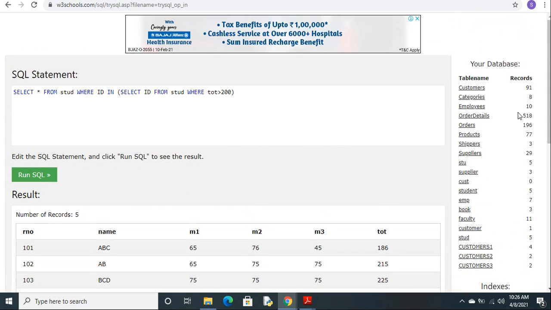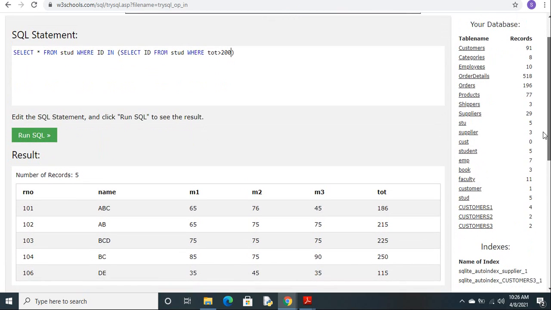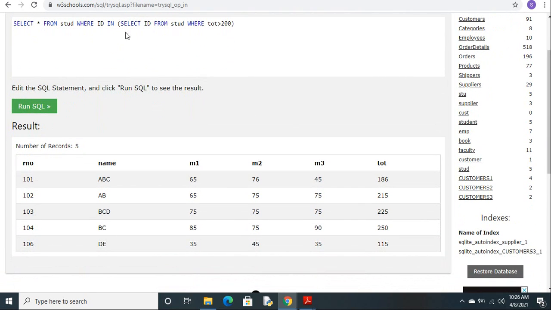So here just check this query. In this, first, this is called the subquery or inner query. As per my requirement, I want to display all the records whose total is greater than 200. Now this innermost query will return all the IDs. By using this in command, whatever values you have in the result will be displayed. If I run the query, I will get 1, 2, 3 records.